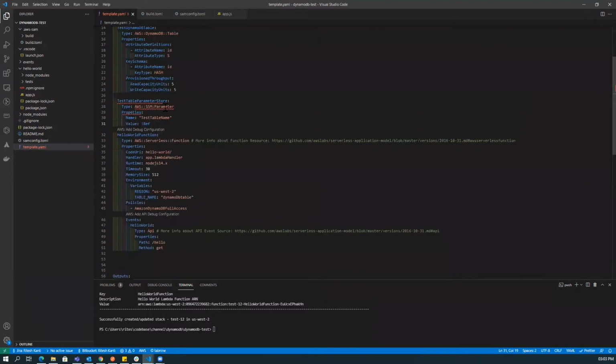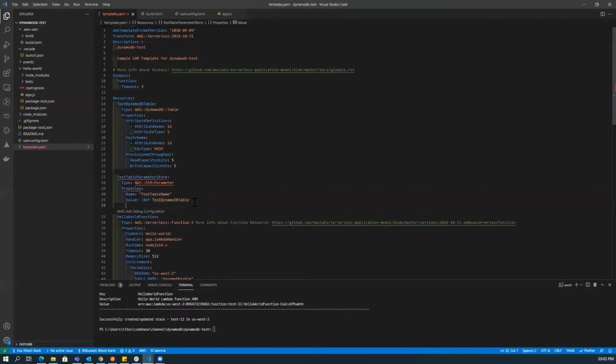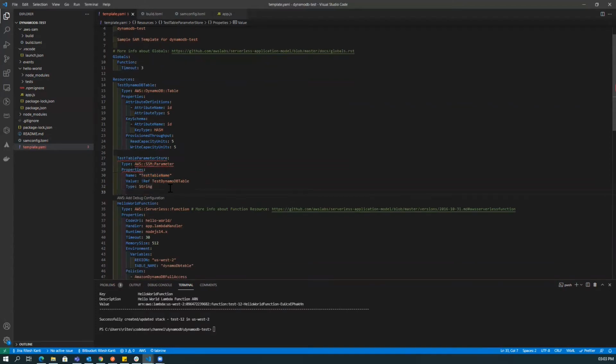Sorry, I'll copy the table name from here and paste it here. So this will give me the table name. Also, I need to define a type here. The type is string. So we have defined one more resource here, the parameter store, with the type SSM parameter. In the properties, we have given it a name, the value, and the type.